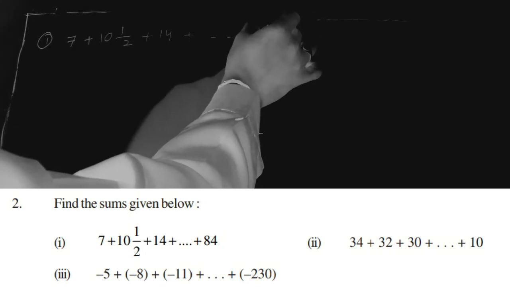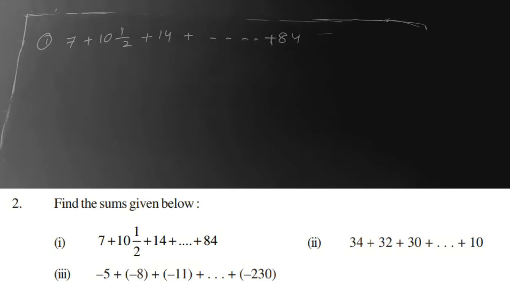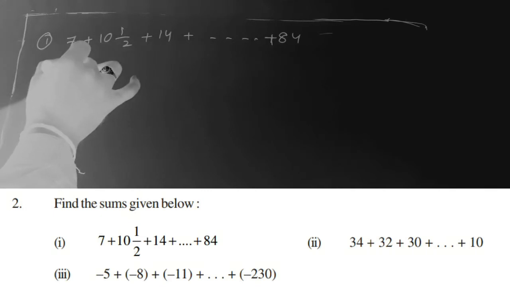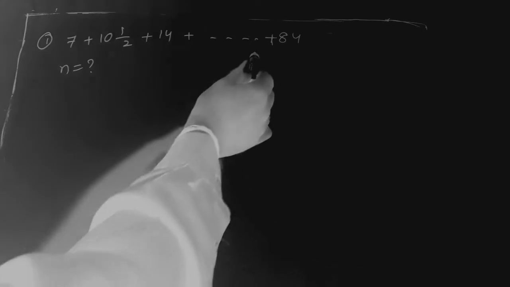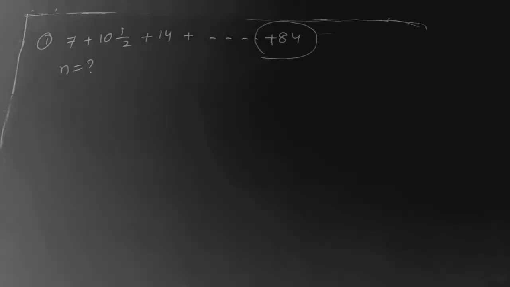So in the previous question, he clearly mentioned find the sum of 100 terms, find the sum of 20 terms, find the sum of 30 terms like that. But in this question, he is asking to find the sum of the given series. A series is given, you have to find the sum. How many terms, he has not mentioned in this question. So we have to find the number of terms present in this series first. That is nothing but the n value we have to find. Here the last term of the series is nothing but 84. With the help of this, we are going to find the n value.